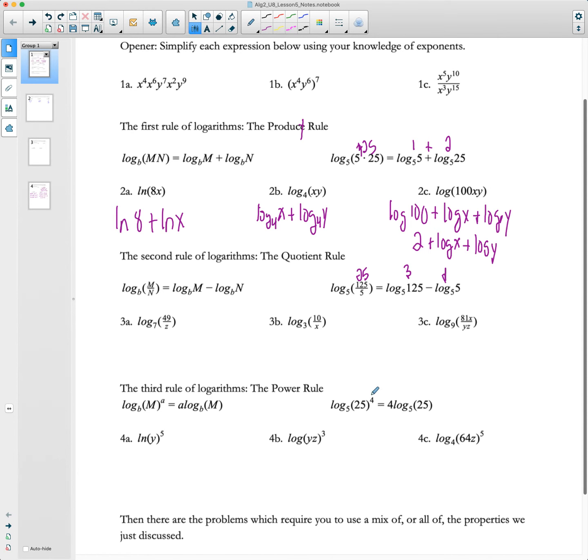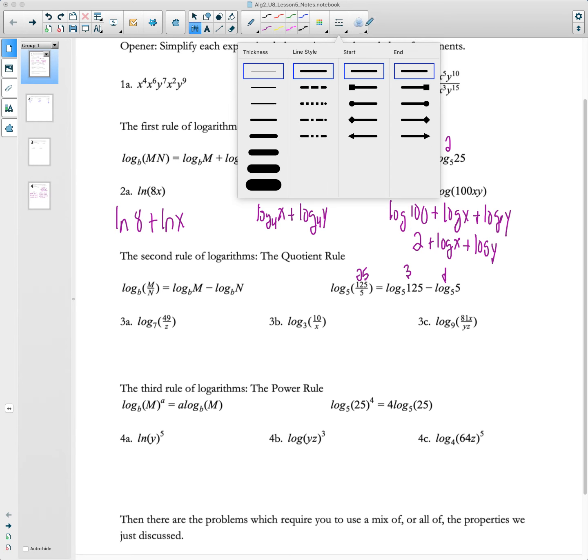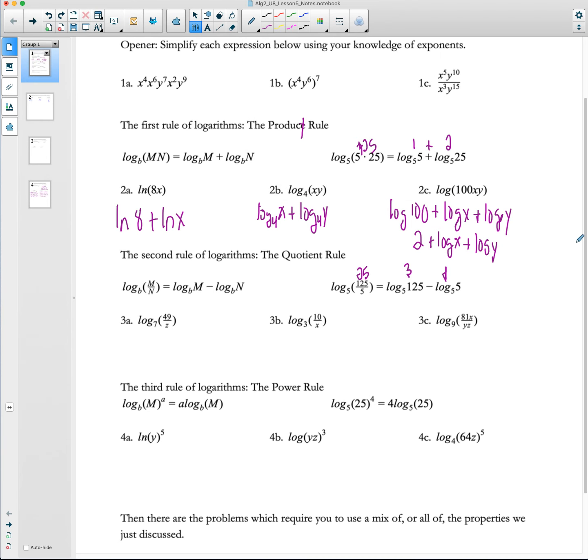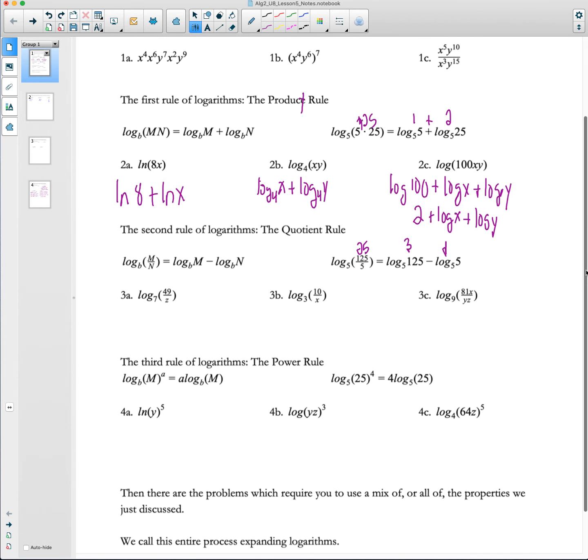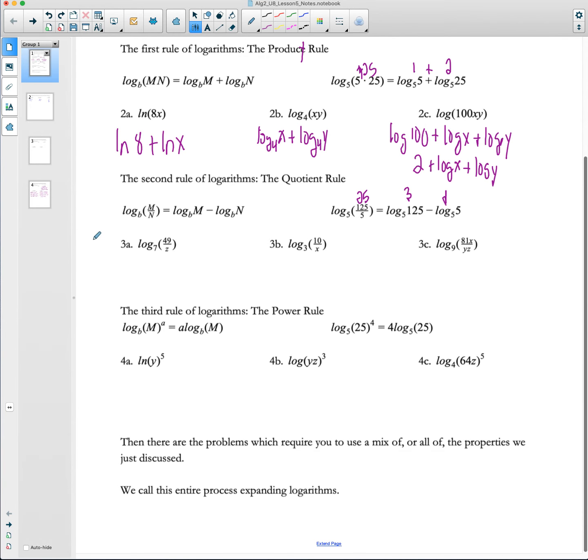Okay, so now let's look at 3a here. I'm just going to switch colors, give us a little bit of variety here. And let's look at 3a. I'm going to scroll a little bit here just so it's a little higher on my screen. Once again, we see that we have a quotient, so I can break this into a subtraction problem. So log base 7 of 49 minus log base 7